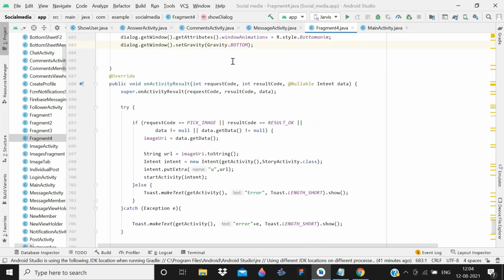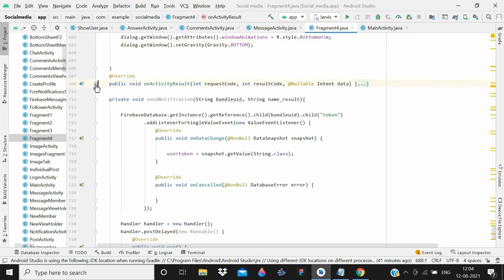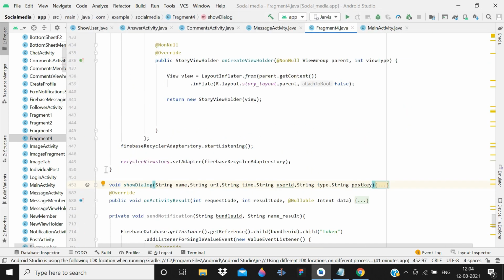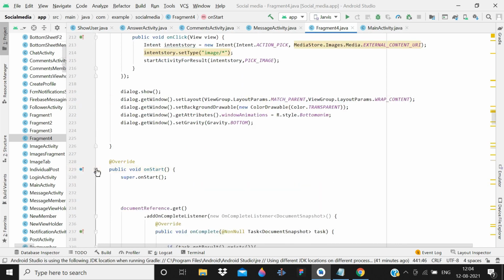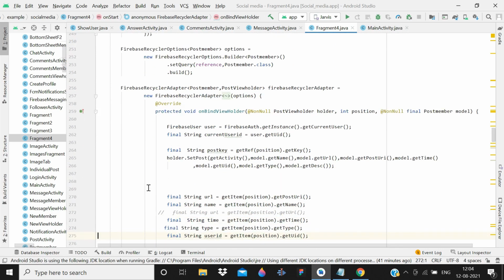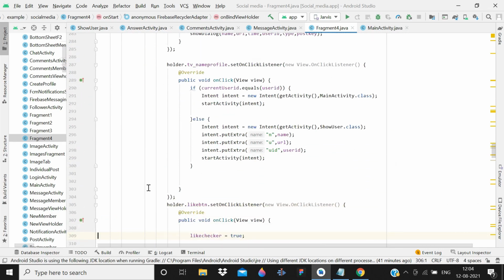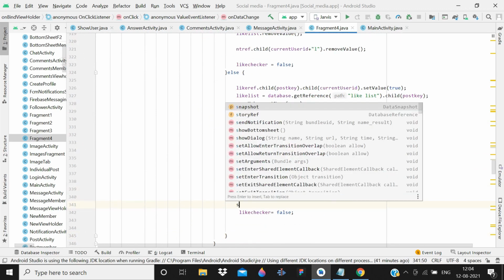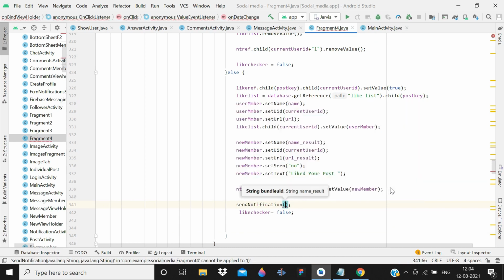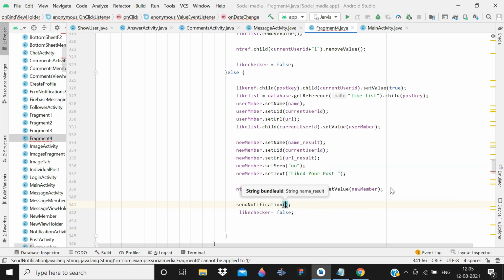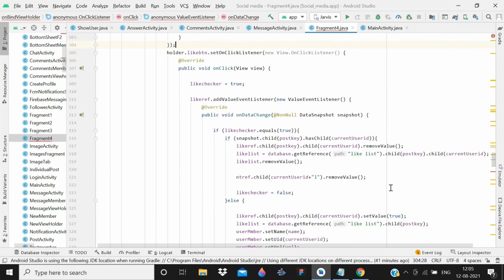So now it's time to open the on start, where this is a recycler view for story, not complete, and then we are getting the name result. Yes. So here we are liking that post, understand? So call the method send notification, then here we need the user ID of that UID, not UID result, we need UID from that post.